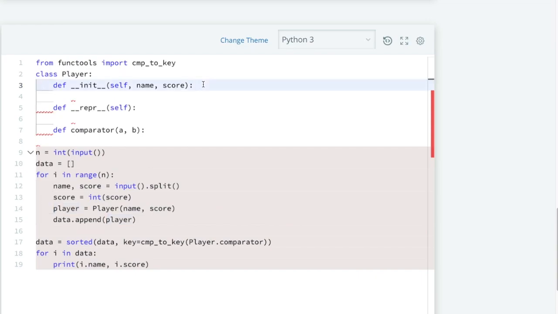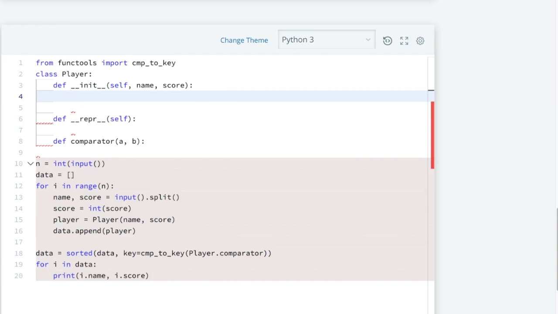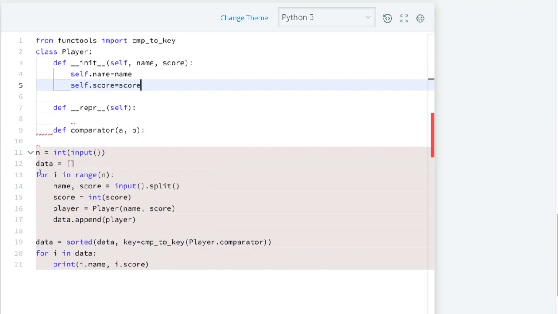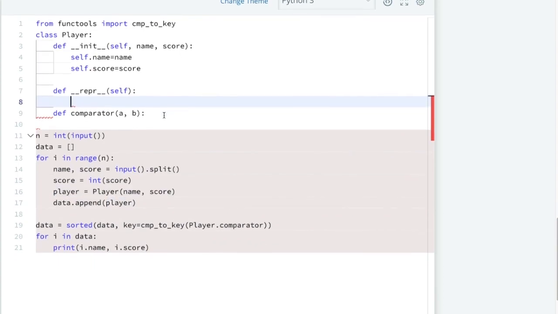Now for player 1 we have to assign the name and score here: self.name equal to name and self.score equal to score. This is for player 1. Similarly it will be assigned for all the players, for the n players, you can see it is iterating in a loop. Now we are done with the assignment.